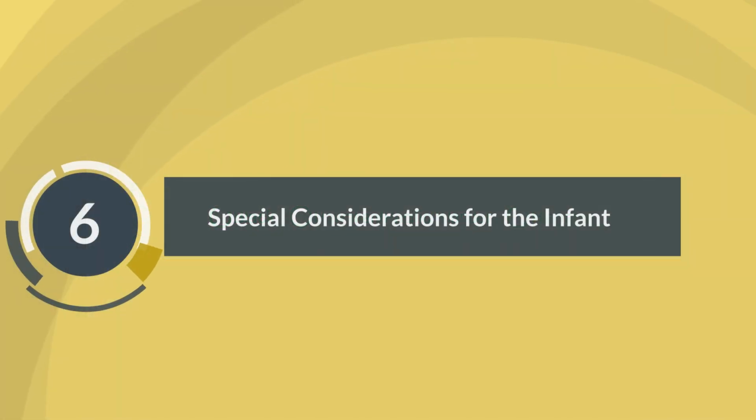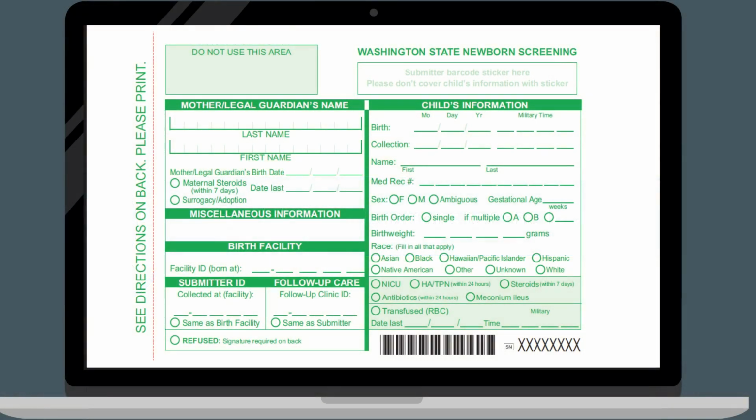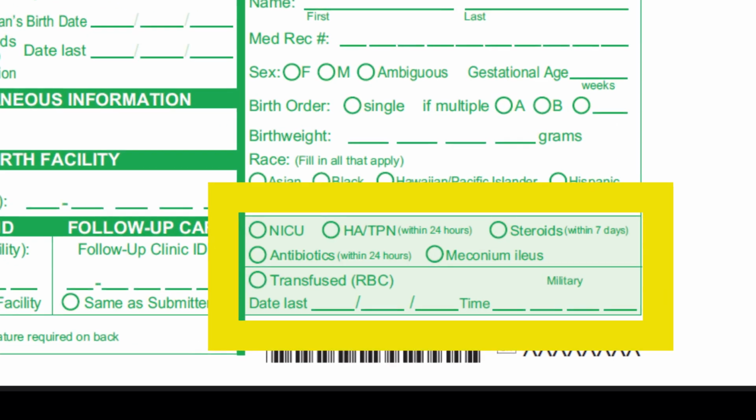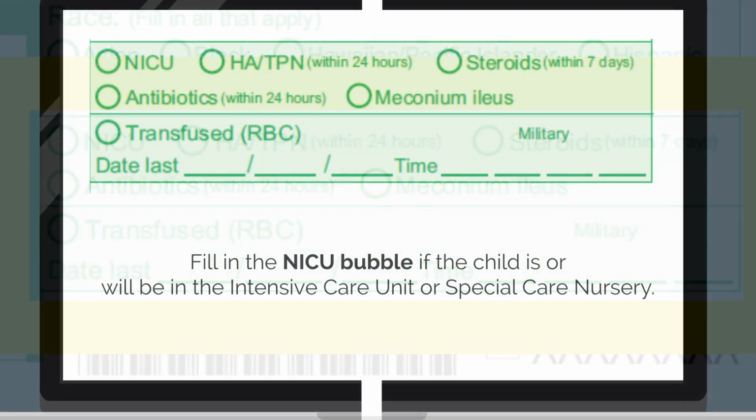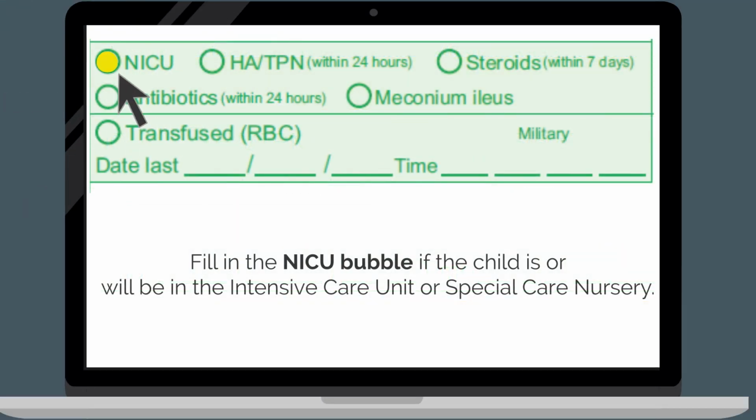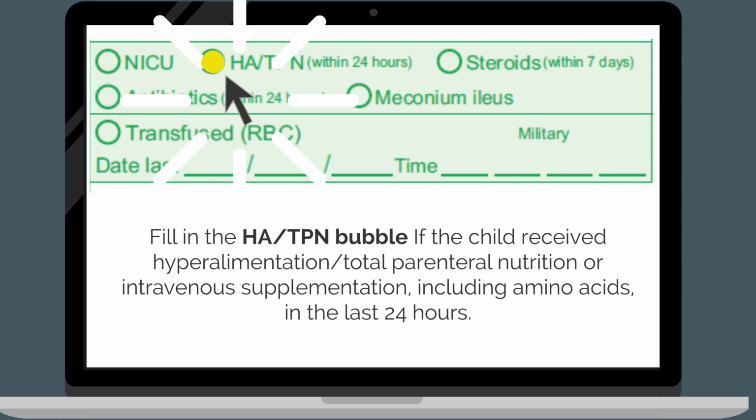Special considerations for the infant. The newborn screening demographic cards include several special considerations. These can affect how the screening team interprets the test results. They are all important to know when we are determining if a specimen is normal or abnormal. Fill in the NICU bubble if the child is, or will be, in the intensive care unit or special care nursery. Fill in the HA/TPN bubble if the child received hyperalimentation/total parenteral nutrition or intravenous supplementation, including amino acids, in